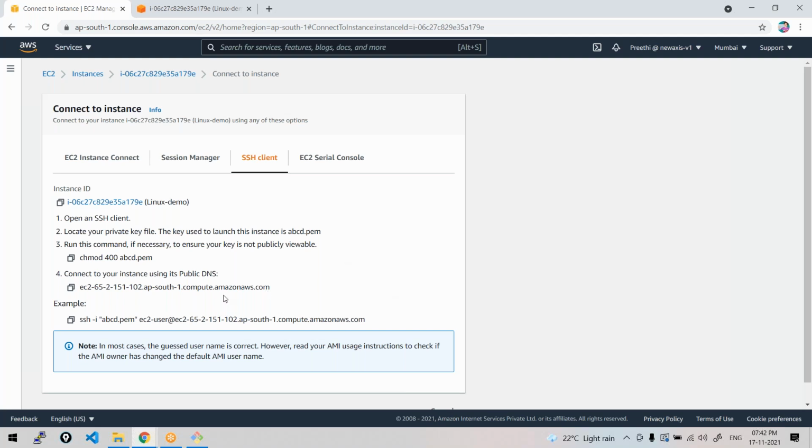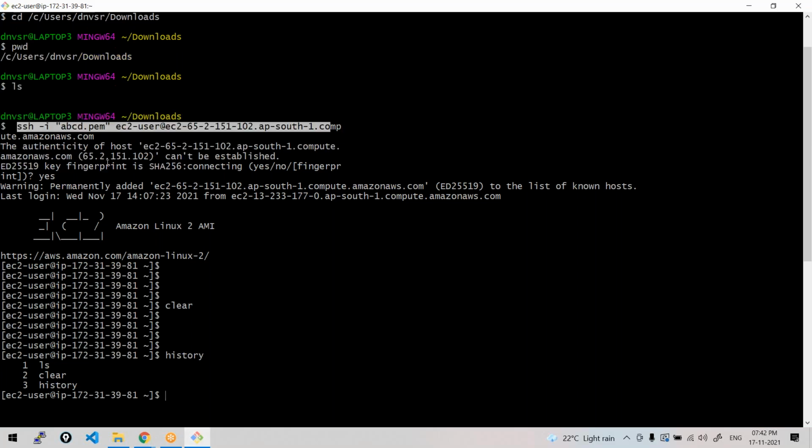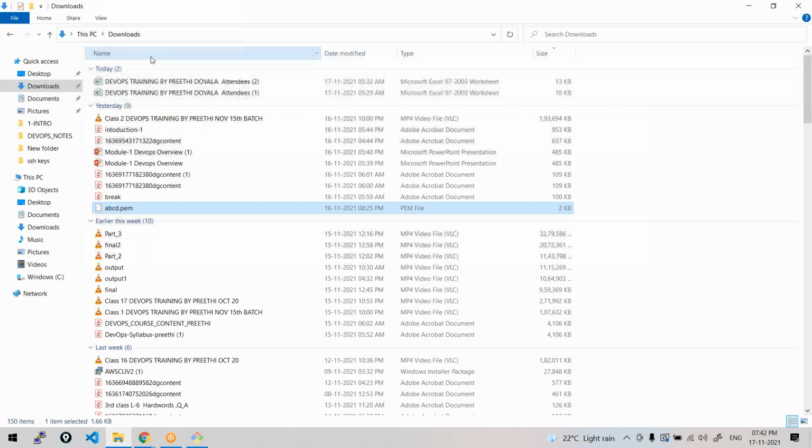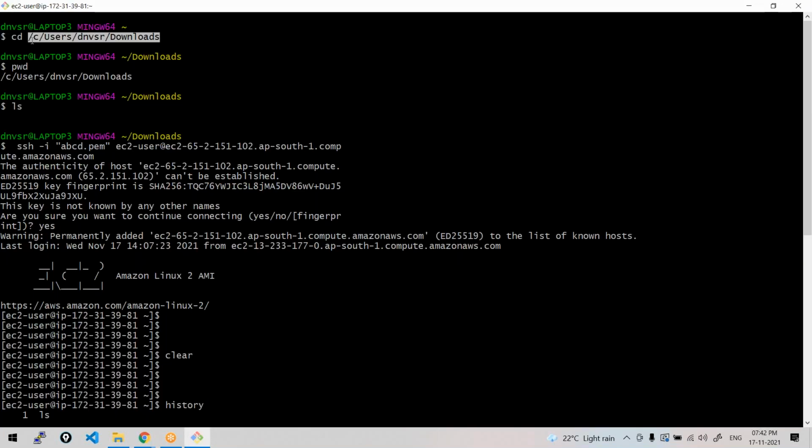Which file or directory are you running this from? If I enter that CD, no, not that first one, CD, then the downloads, that path we give, no? You have to give this path properly. Go to this directory, right click, copy the address. Then CD space and paste it.